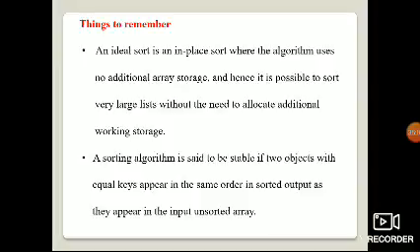For example, in a library also you can take the example. If the books are unordered, we cannot pick them easily, it will take more space, and more time will be taken for searching. So it is very difficult for searching also. If we arrange them in order, then it is easy to access. So we can easily retrieve the file or the book or anything.